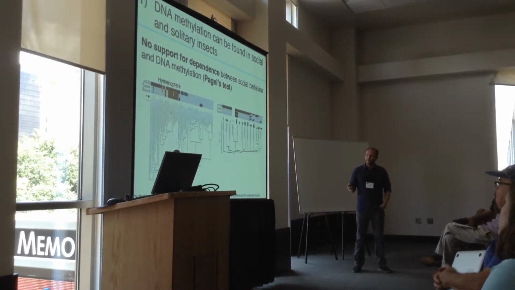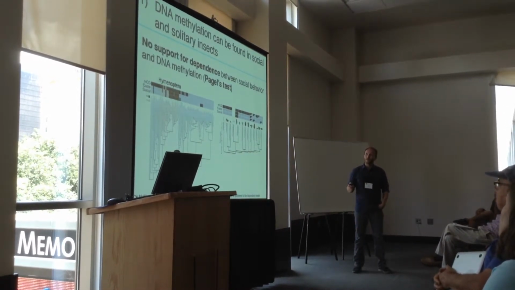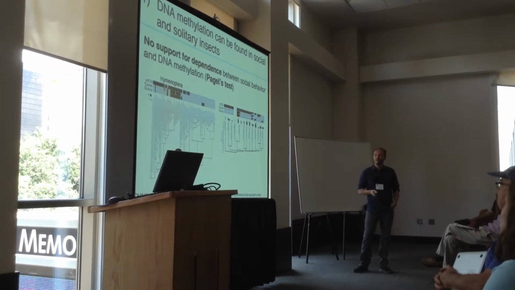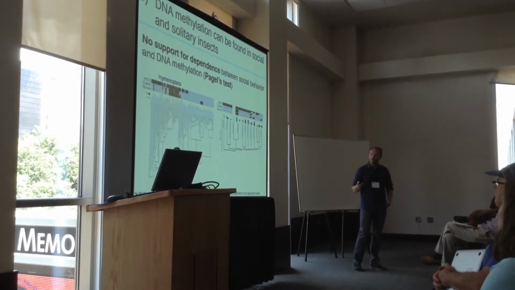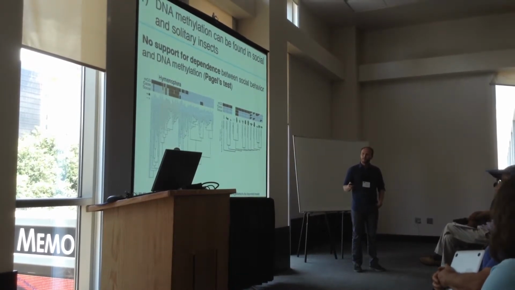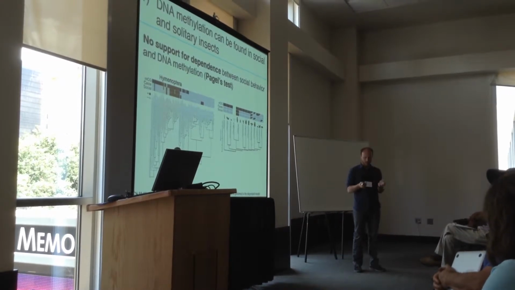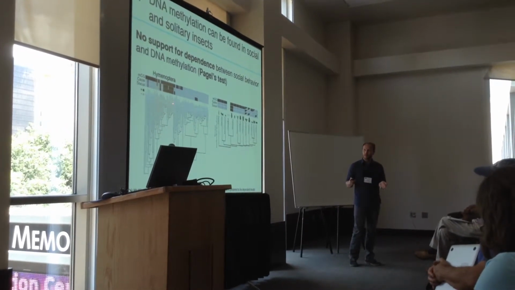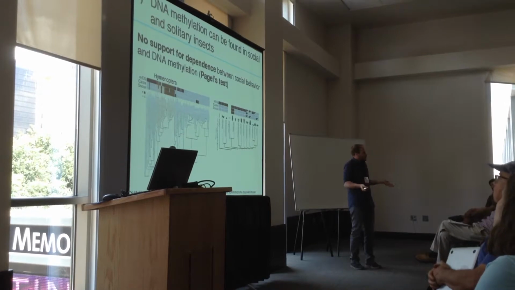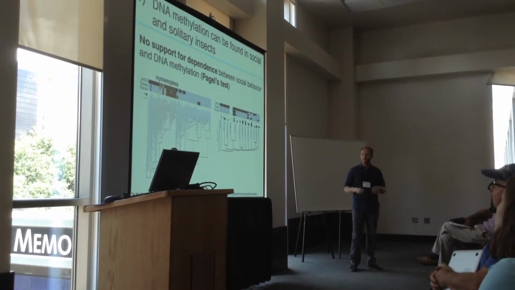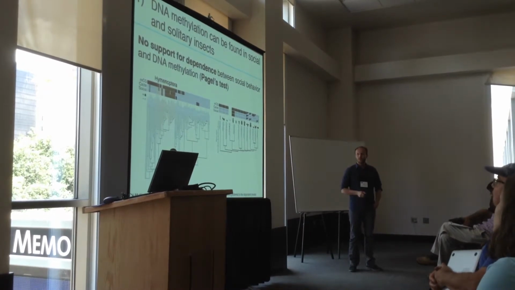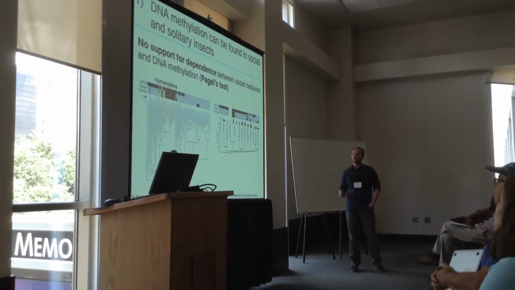And over here I have a collapsed tree down to the order level, again showing you this type of variation of presence and absence, and how it doesn't necessarily line up with social behavior. DNA methylation doesn't line up with social behavior all the time. Again, the previous study is really focused on the order Hymenoptera. If we were just to look at Hymenoptera, you might assume that there is a pretty strong correlation between DNA methylation and social behavior, but it's not until we take this much broader taxonomic approach that this trend really breaks down.